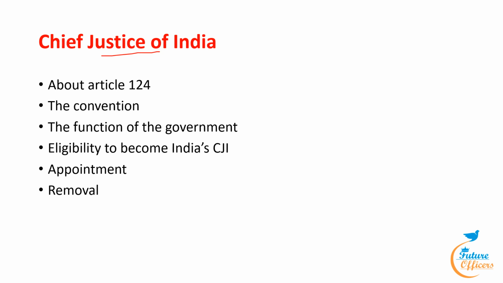Here, first, we have to know that the Indian Constitution makes no mention of the selection process of the Chief Justice of India. Article 124 Clause 1 of the Constitution states there shall be a Supreme Court of India consisting of a Chief Justice of India. Article 124 Clause 2 states that the President appoints each Justice of the Supreme Court. Also, in the absence of a constitutional provision, convention is used to determine the CJI.